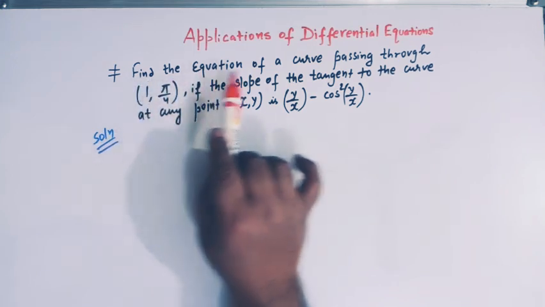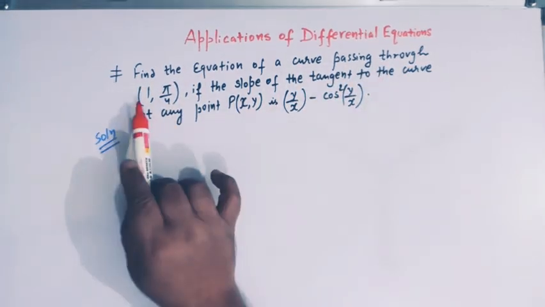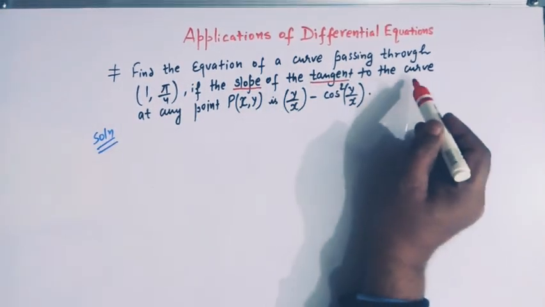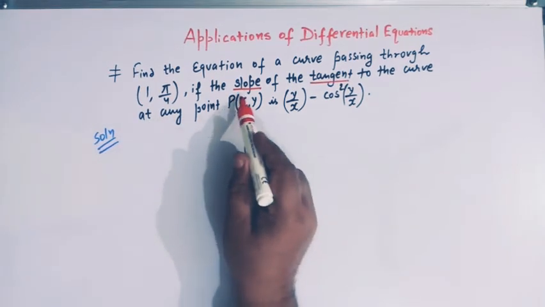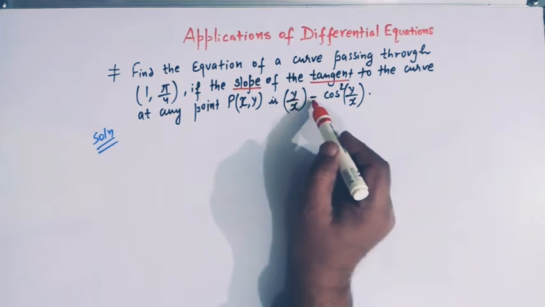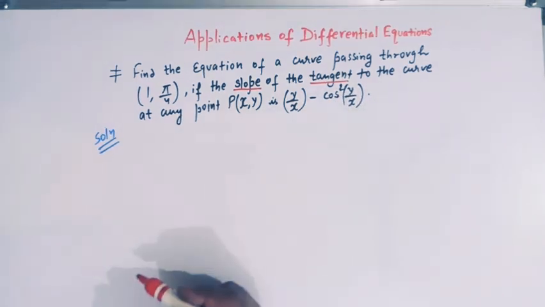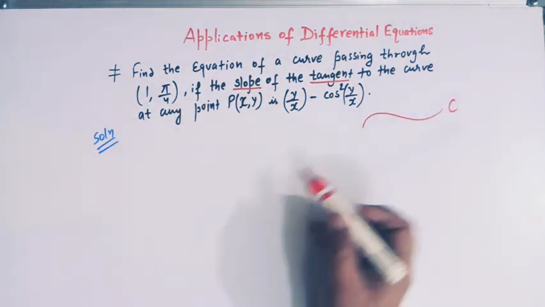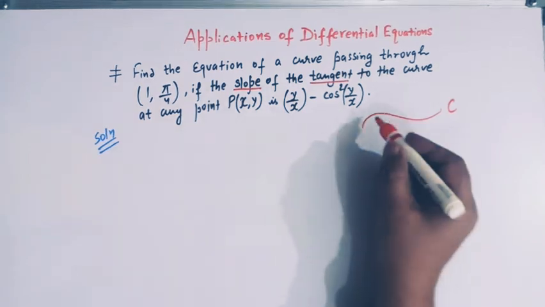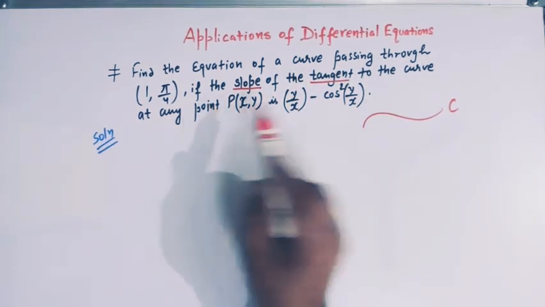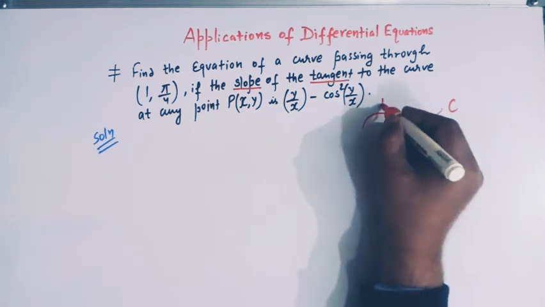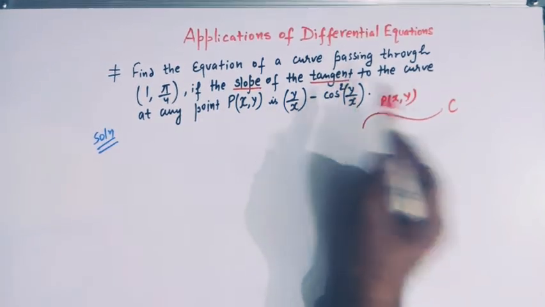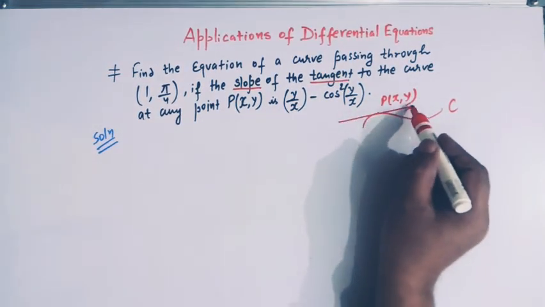So the problem is find the equation of a curve passing through 1 comma pi by 4 if the slope of the tangent to the curve at any point P x comma y is y over x minus cos square y over x, right? So here we are given a curve, say this is the curve C, and at any point, say this is the point P x comma y, the slope of the tangent, right? Suppose this is the tangent,